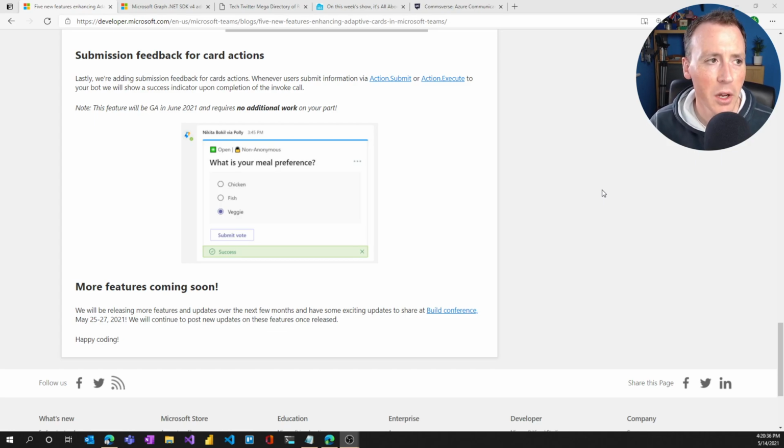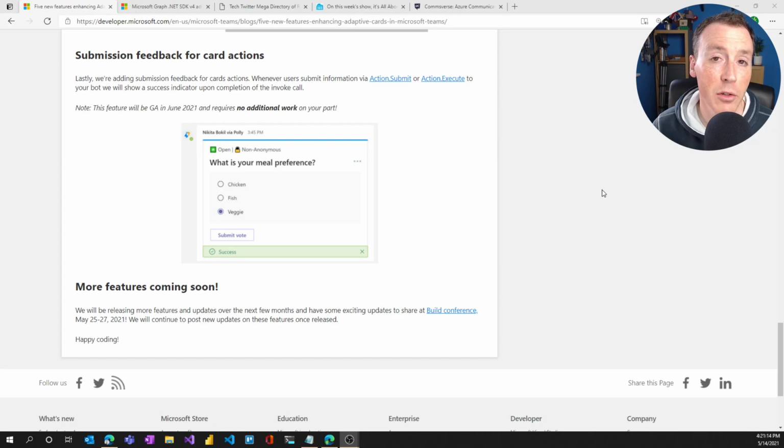I think it's cool. When you use action buttons like action execute or action submit to submit form data and make something happen, it's on you to send a message back to the user and say, okay, I've done that, I've got that, whatever. If you don't do that, it's not immediately obvious to the user that anything has happened. And that can be a pain point if developers forget to send any message back that says, okay, I've received your data, or I'm going to do your thing, or whatever else it is. And actually, it's not always